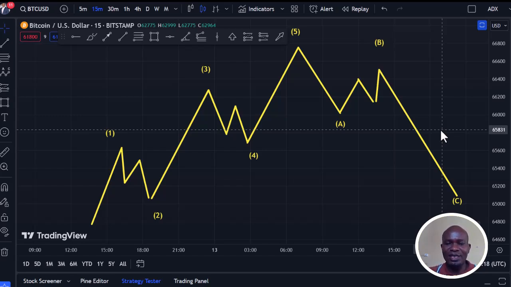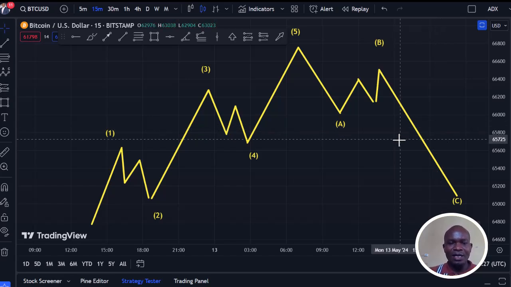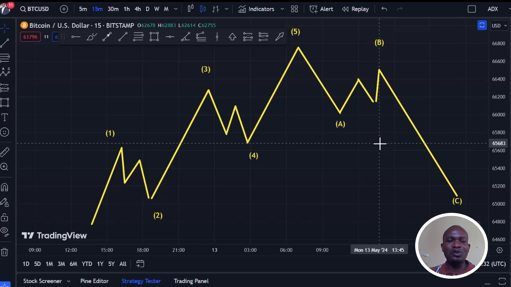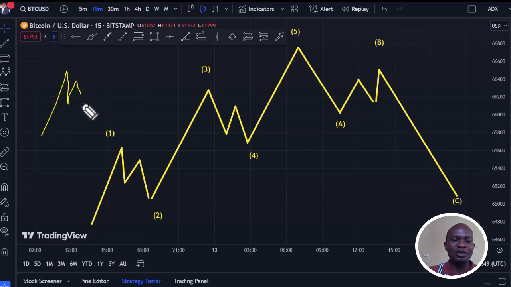Now, this strategy is simple and is centered around Fibonacci retracement and Fibonacci confluence. All right, so let's get started. Now, for you to adopt this strategy in your trading, you must be able to at least identify what an impulse is in the market. And if you've been following us on this channel, we believe in wave trading and we center on impulse, correction,